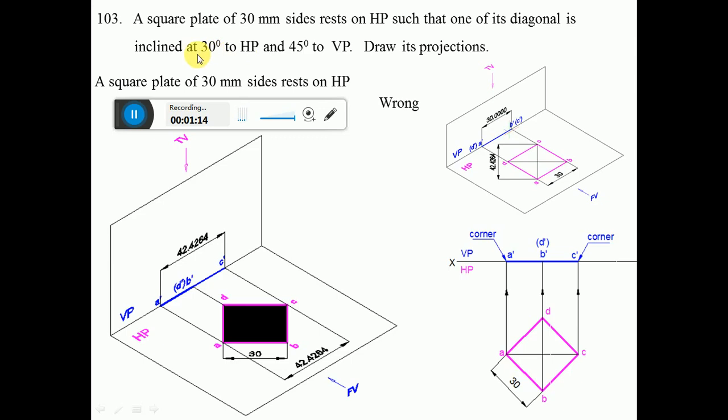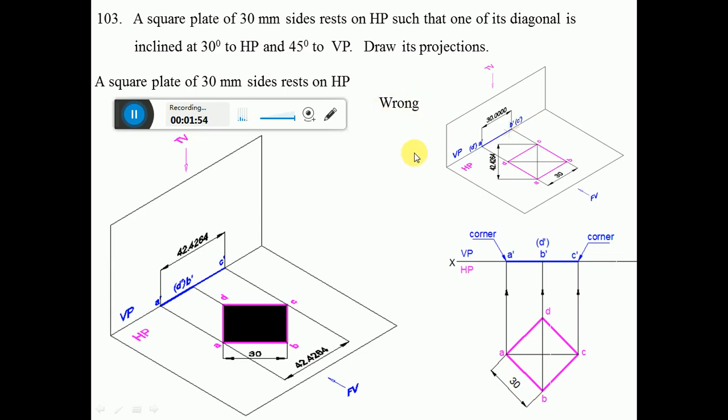So when you want to make that inclination, here he has given the true inclination of 30 degrees. So we cannot rotate this in the second position. We cannot rotate the diagonal A dash C dash by an angle of 30 degrees, because the inclination given is the true inclination here, but the length you have is the apparent length. From the projections of straight lines, we know that on the true inclination you should have the true length of the line, and on apparent inclination you have to have apparent length. Hence we cannot take this as the initial position, and this is wrong. That is the reason why we have written here that it is wrong.